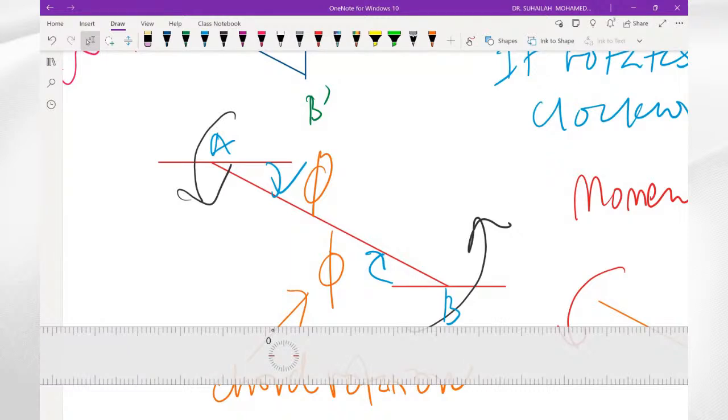So at A we measure the original position or the reference line, and at B we also measure the reference line, because we apply the basic